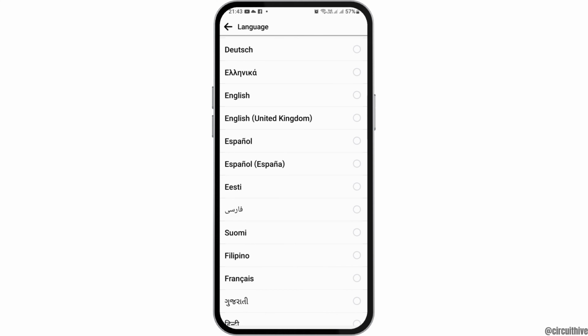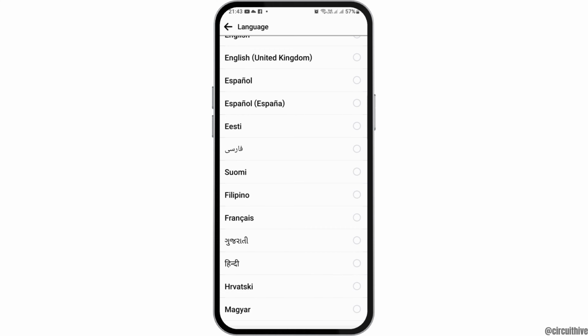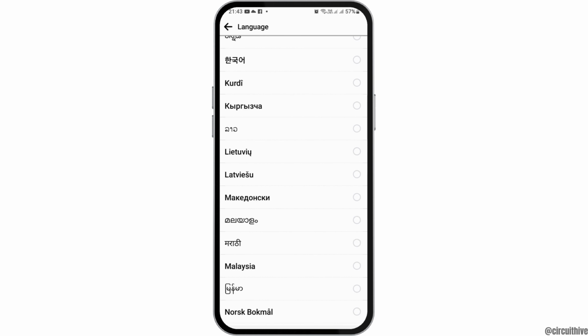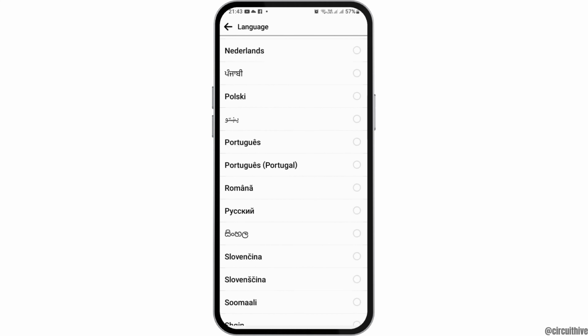that you want. For example, if you'd like to set it to English, you can tap on English like this. If you'd like to set it to Espanol, you can tap on Espanol. You can also scroll down until you find the language that you'd like to set just by tapping on